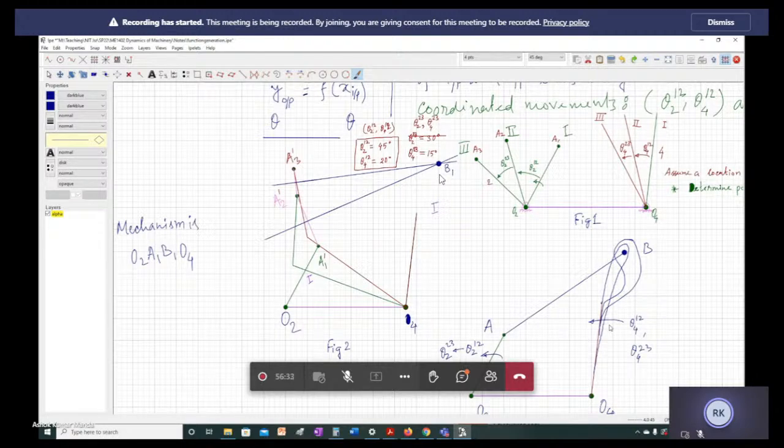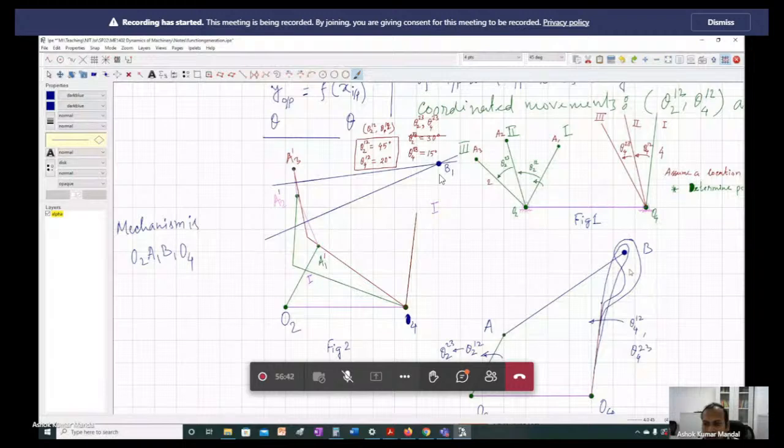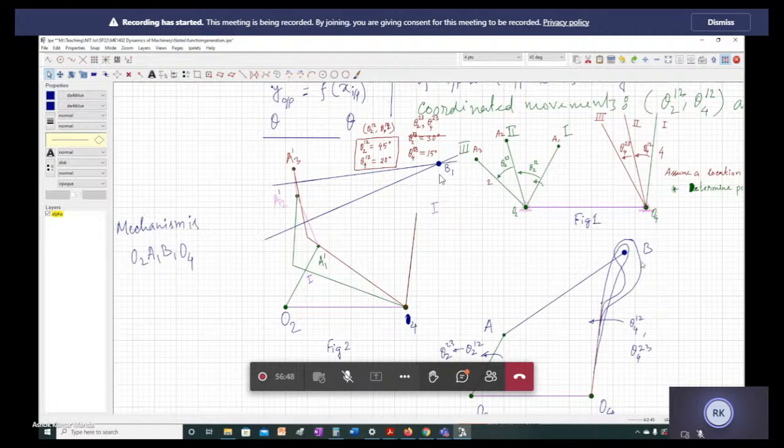Okay? Yes, sir. Okay, sir. Only the linear distance, you see the distance between O2, O4 and B, I have not changed during this. Okay? So this way you can change. Also related to your question, as I have already discussed, that you can also